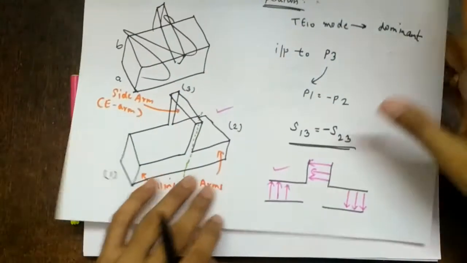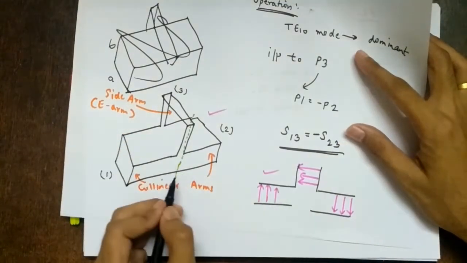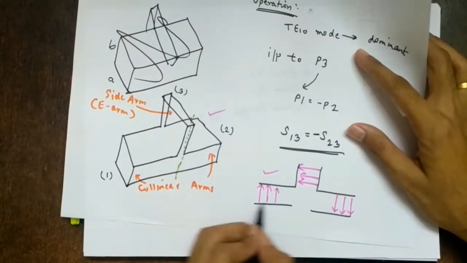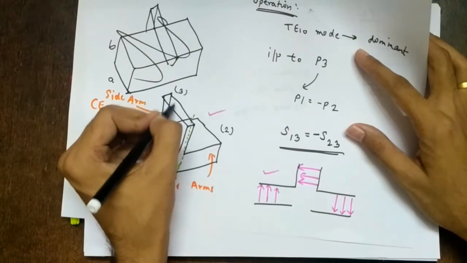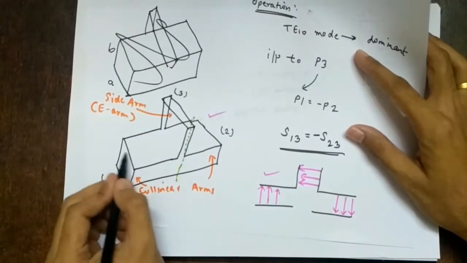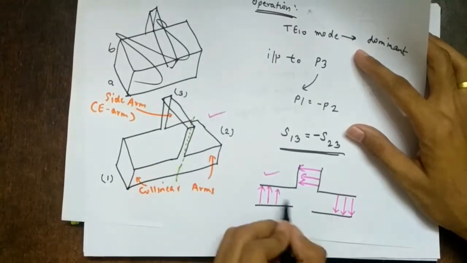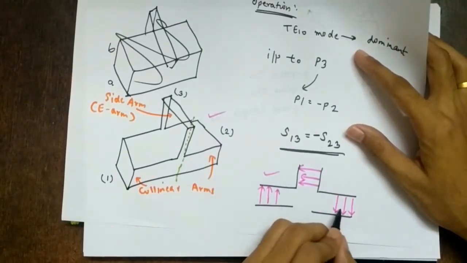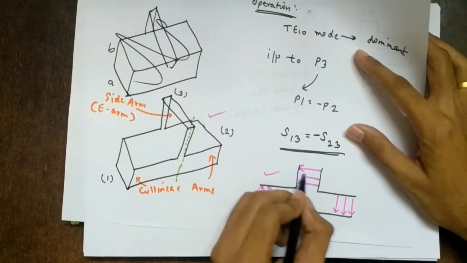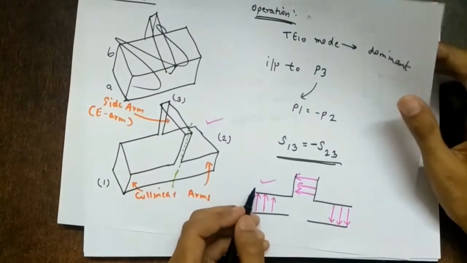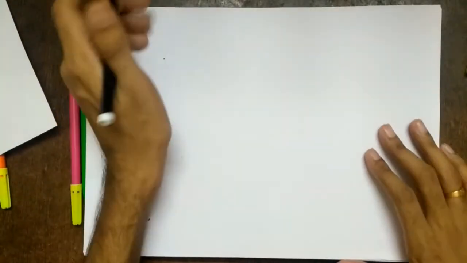So in the same way, obviously this is a symmetric network, so I can say it is a reciprocal network. In the same way, if I am giving power input at port 3, I get output powers equal at port 1 and port 2, out of phase. So if I give out of phase powers at port 1 and port 2, I'll get the power at port 3, right? So it works like a power divider or a power splitter, right?